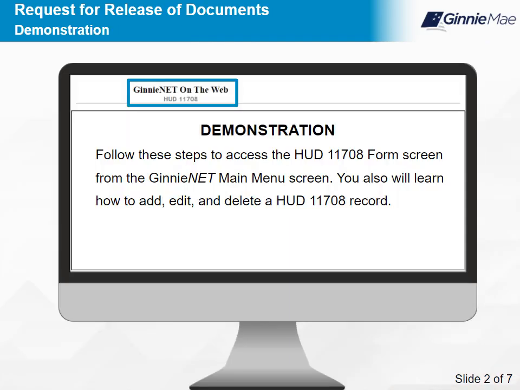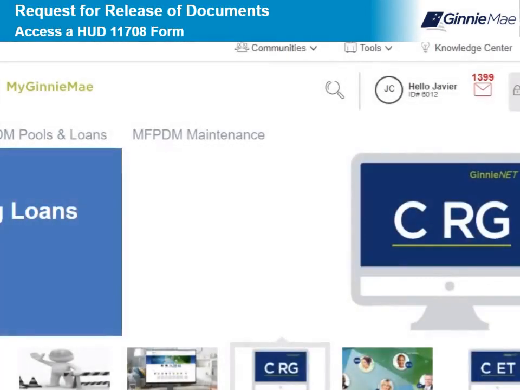Follow the steps in the demonstration to learn how to access the HUD 11708 form screen from the Ginnie Mae main menu screen. You will also learn how to add, edit, and delete a HUD 11708 record. Select Next to continue. Once you are logged into My Ginnie Mae, to access the HUD 11708 form from the